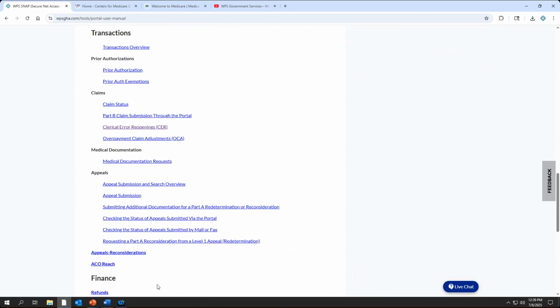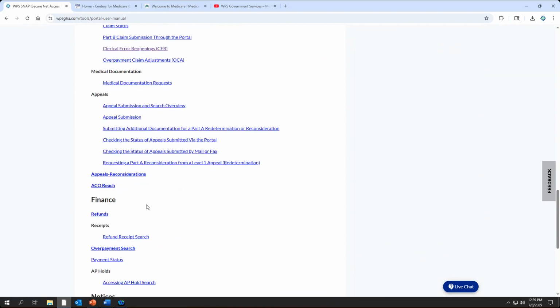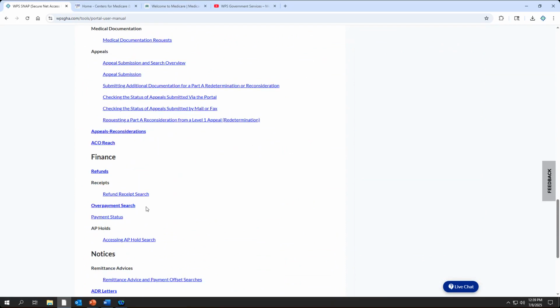So there's a variety of things that can happen inside this. When you want to file the refund itself, you can actually file the refund here. You can search for an overpayment here. So again, refund, file it, refund, search. I'm not really sure exactly what the person was looking for, so I'm kind of just hitting all those different sections up there. Let's go back out for a second.